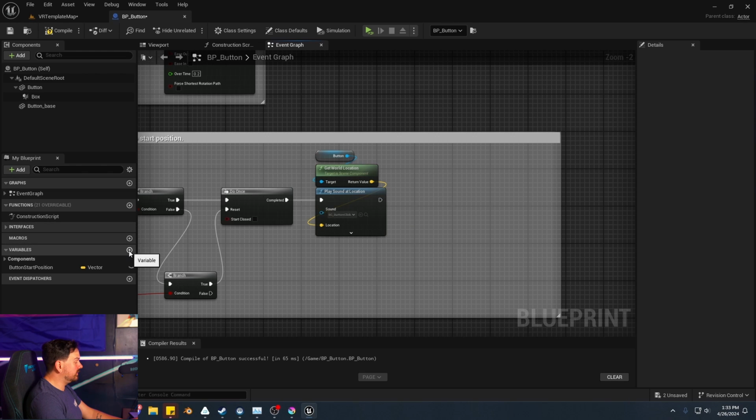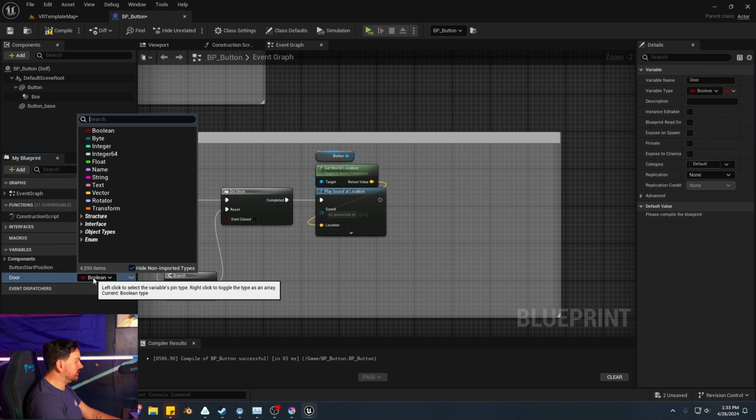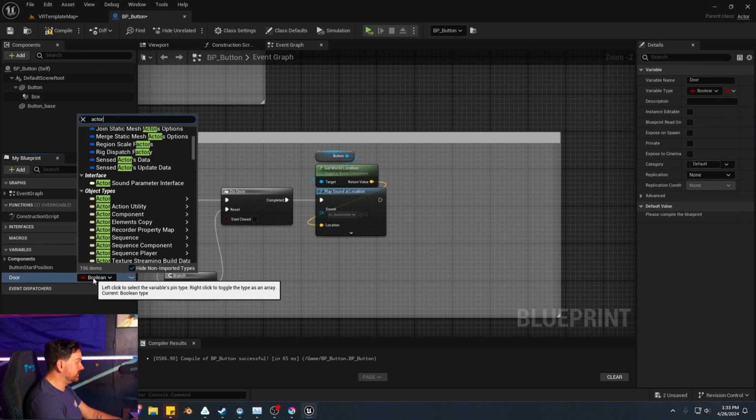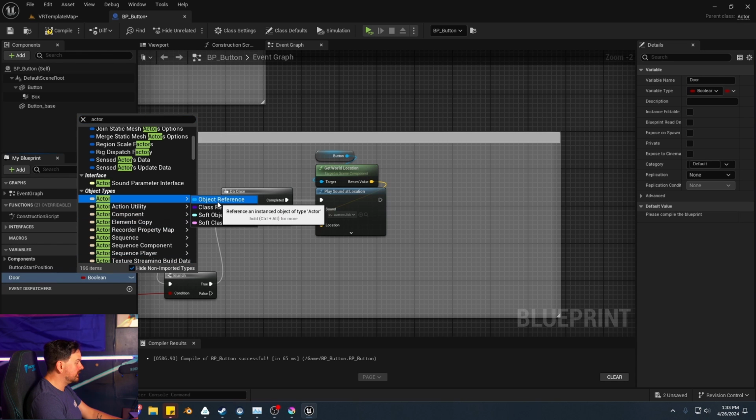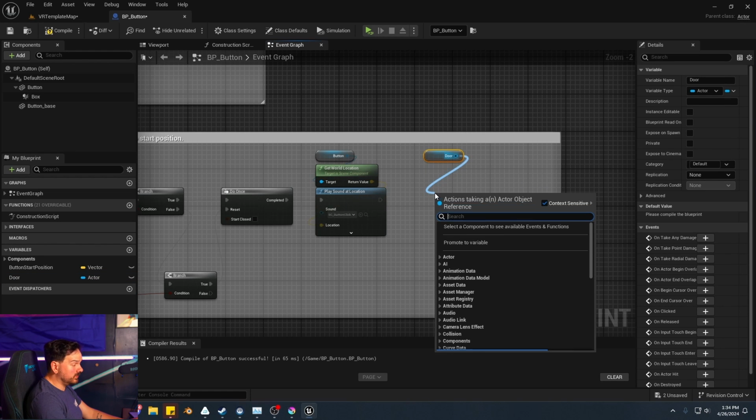So we're going to go down to variables, we're going to hit plus, and we're going to name this variable door. Okay. What kind of variable is it going to be? It's going to be an actor, because our door is an actor. We're going to make that an object reference, and then we can drag out door. We're going to get door, and then from door, we are going to check to see if it has our interface. So we're going to do BPI,